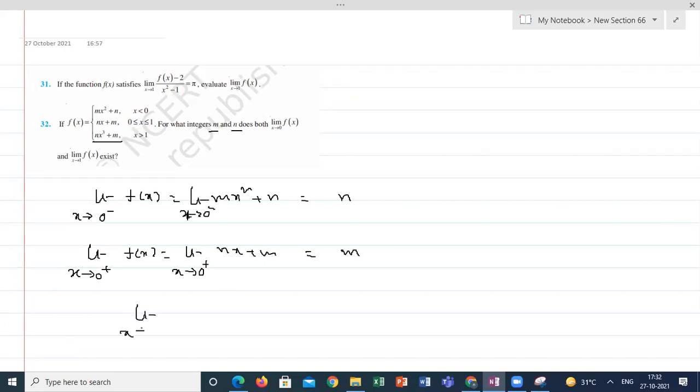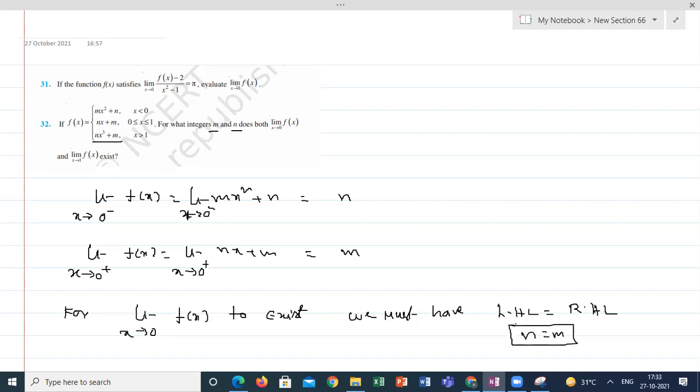So for limit x tends to 0 f of x to exist, we must have LHL equal to RHL. So n is equal to m. So the condition for the limit of x tends to 0 f of x to exist is that n should be equal to m. Now, if I'm taking the second case,